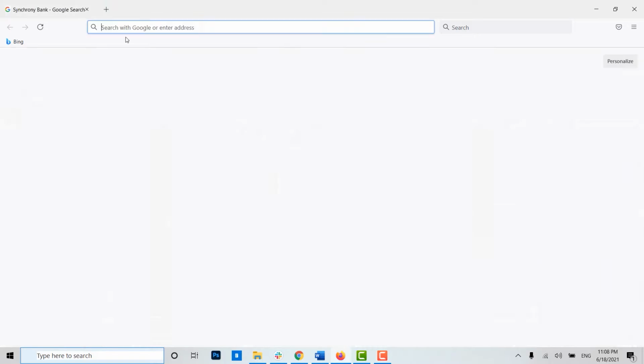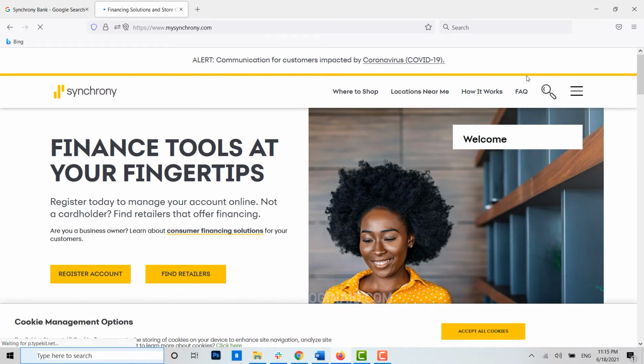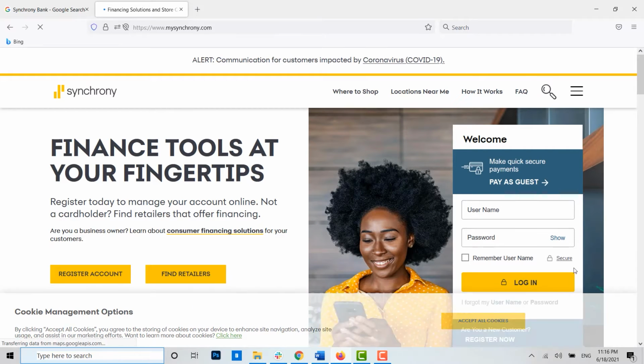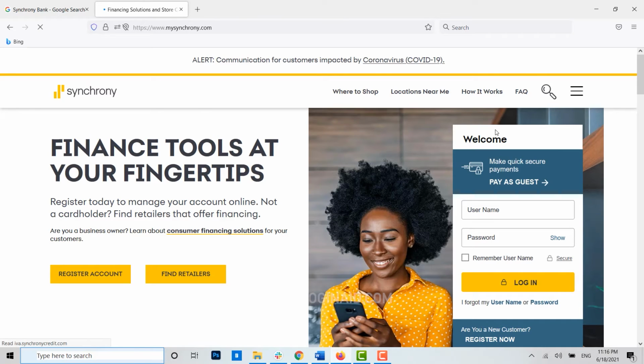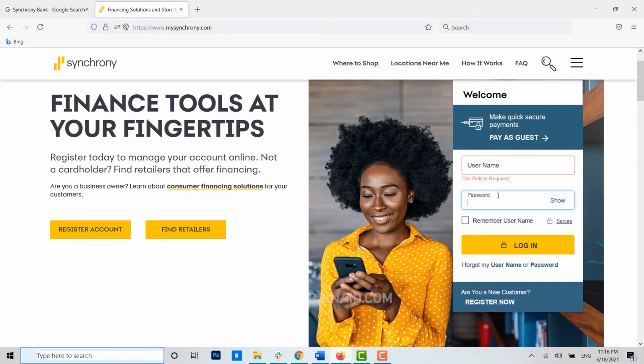Then open a new tab and on the search bar type in mysynchrony.com and press enter. You will be directed to the official web page of Synchrony Bank. Now here you can see the option of logging in. You need to provide the username and the password in here to get logged in into your Synchrony online banking